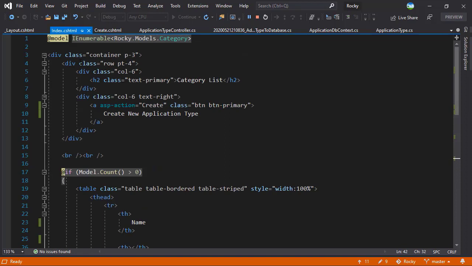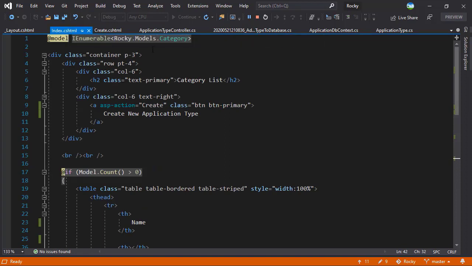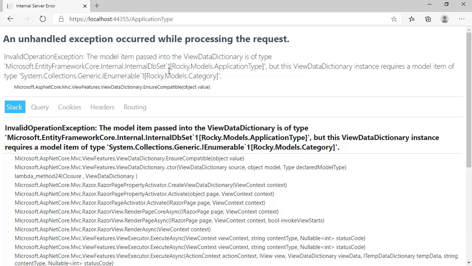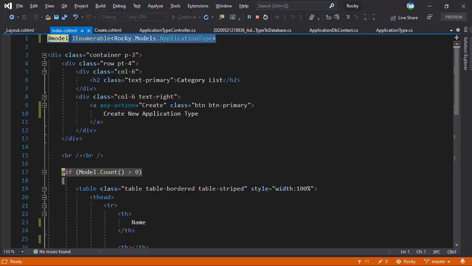In the index, we have category. You can see the class is application type, so this will be application type as well. So you can see if the model here is different than what you pass from the controller, you will get an error message. Then we'll hit the refresh button and this should load. Perfect. We have the category list here, so we'll change that to